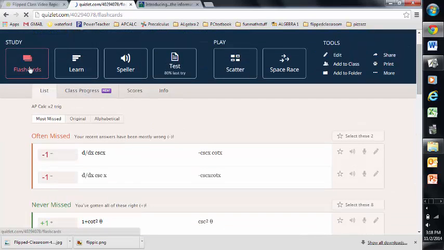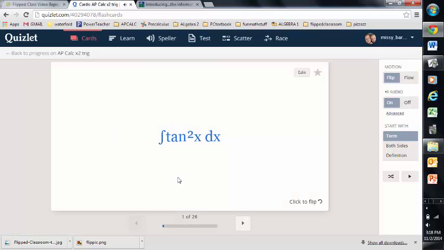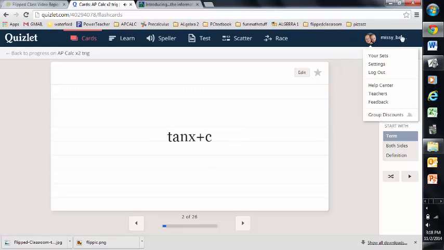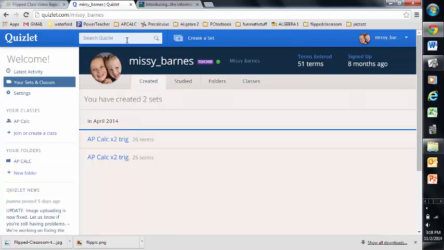And you can create, so I have a set for AP Calc, Trig, and my students have to go on and watch the flashcards, and they can do this on their phone. They just hit the flashcard and it tells you what the derivative is, like 10x squared or 6x squared plus dx. They can do this on their phone so that if they're sitting on the bus or on their way to a game, or they're tweeting anyway or checking Facebook or doing whatever they're doing on their phone, they can just open the